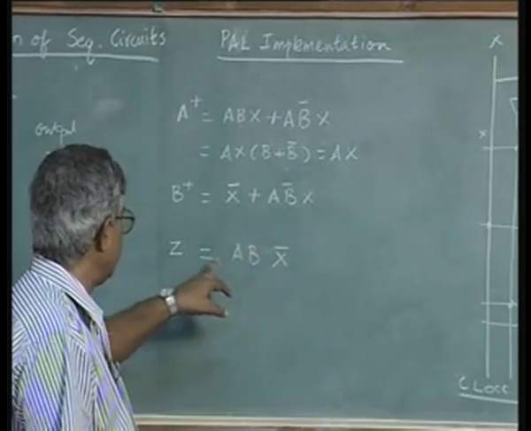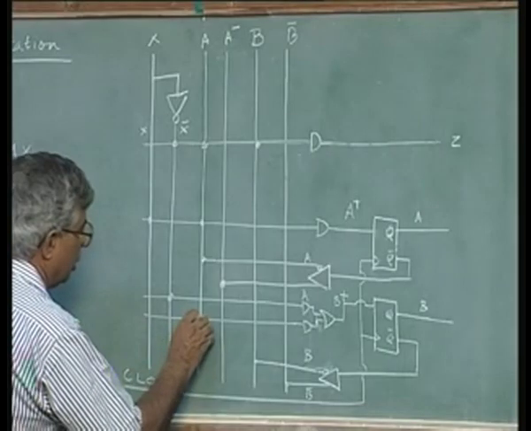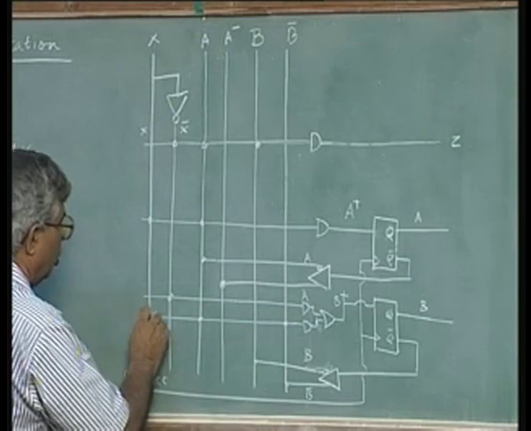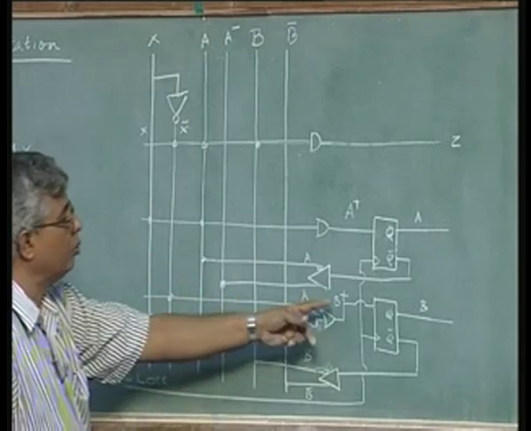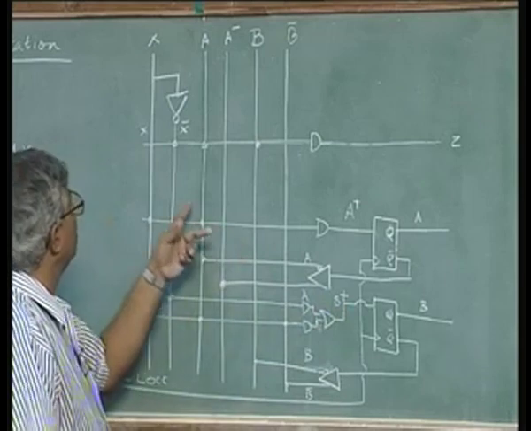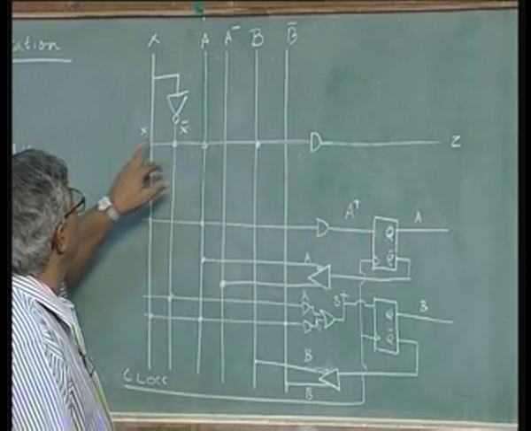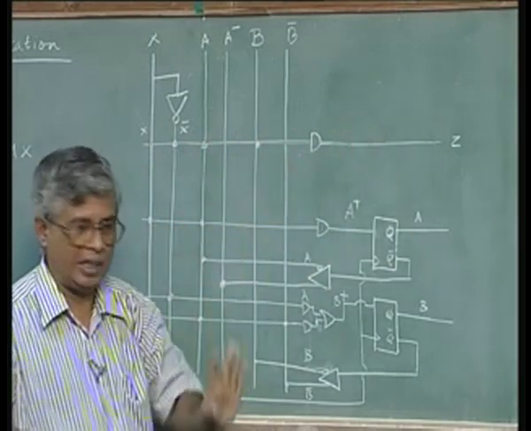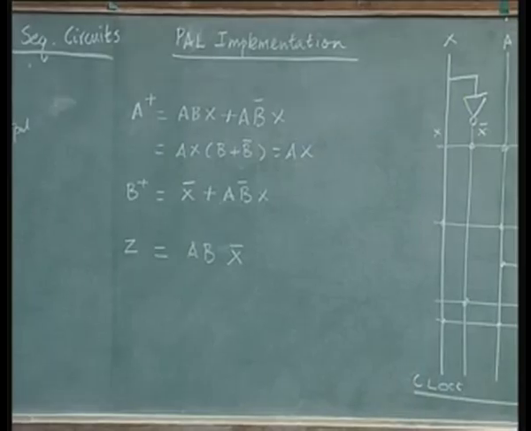The other input of the OR gate is A B bar X. So A B bar X or X bar together gives me the next state variable B plus, A and X gives you the next state variable A plus, X bar A B gives the output variable Z. So in one IC, which is a programmable array logic IC, having the proper inputs,